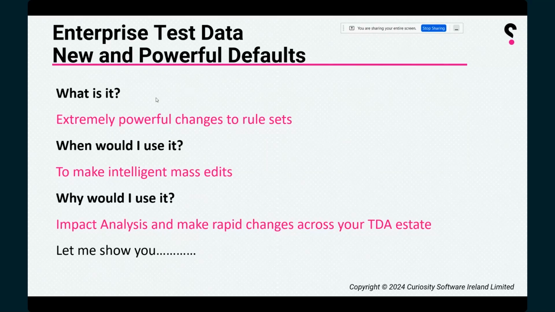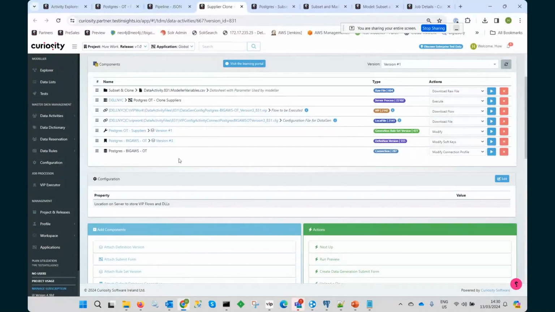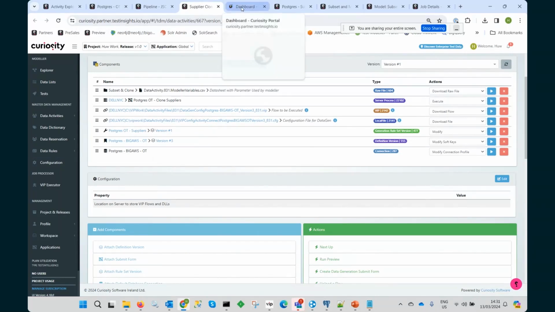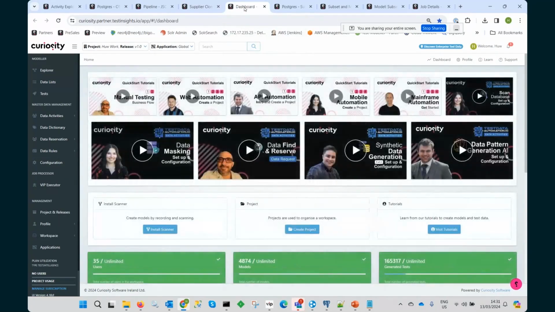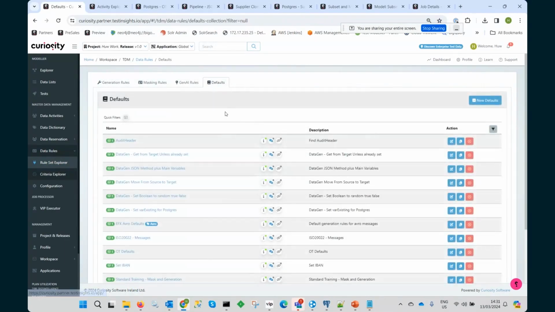And what you really want to be able to do now is to say, well, I want to go off and make a whole bunch of changes to my rule sets. Here we've got a whole bunch of rule sets which are doing a bunch of stuff. Now, let's go over here, and if you go to Rules, Rule Set Explorer, and if you go to Defaults,